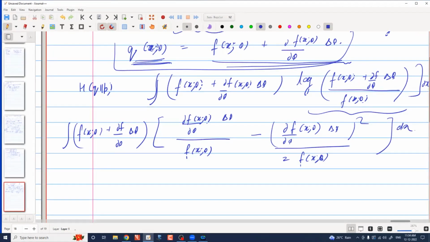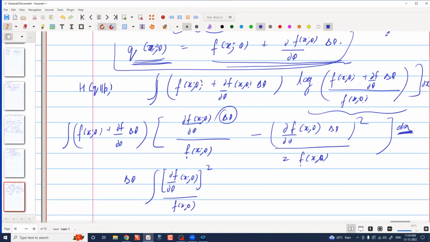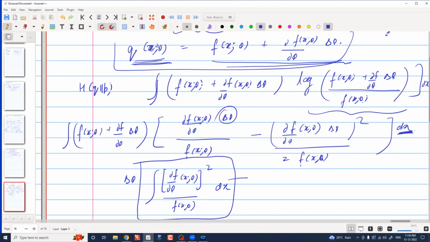So over here, the first non-vanishing term would be this delta theta. This is integral with dx. Delta theta just comes out, and I have an integral of the derivative squared divided by this guy, which was my Bhattacharya distance or the Fisher information. So this is the whole integral sign. This is the expression of my Fisher information, which mathematically captures